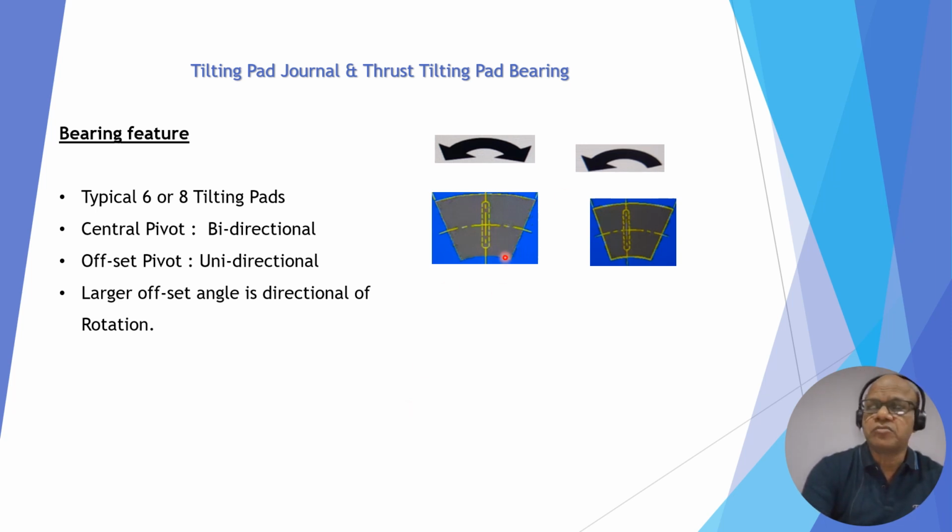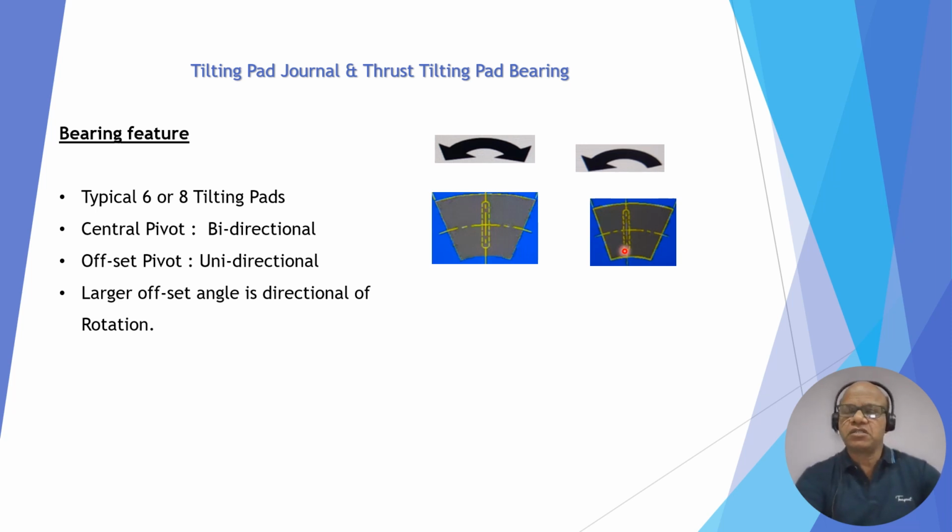This is the thrust portion. It is again 6 to 8 tilting pads and central pivot like this. It can be bidirectional. If it is offset, then it is again the same. The larger area is the direction of rotation, because if shaft or load comes here, it tilts and the area becomes converging at this point. So direction should be this, but since the offset is closer to this side, the moment the load comes here now,